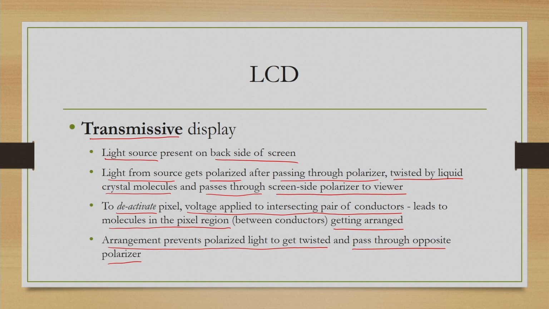So, you do not get to see any color or anything at those pixel locations. So, the basic idea in liquid crystal displays is that we have a liquid crystal in between pixel positions. Due to the molecular arrangement, light passes through or gets blocked, and we get the image on the screen accordingly.